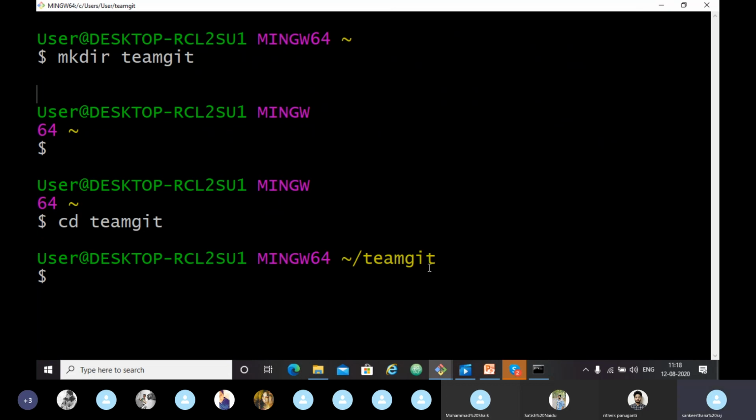Now we want to add a file into our directory. So how will we add it? We have to type vi, and the file will be, let's say, S1.